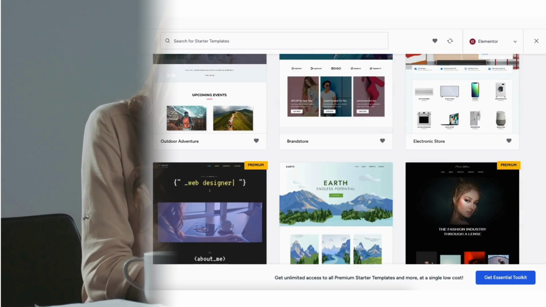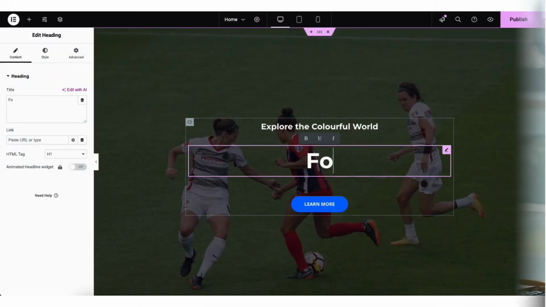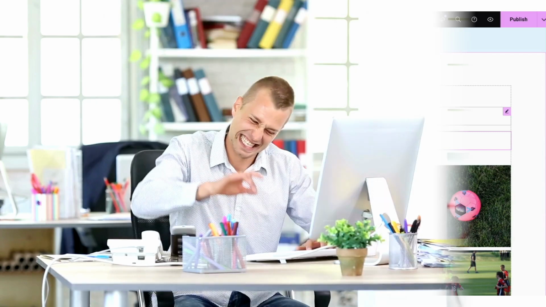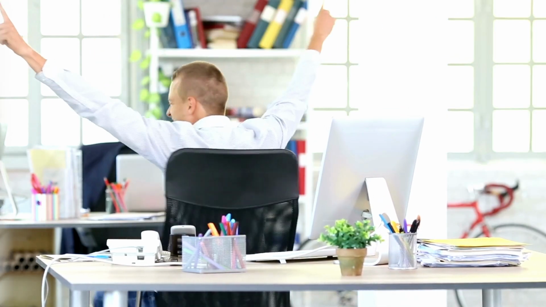You now know how to access pre-made professional templates, how to make a football club website, and making edits to it using the drag and drop editor, Elementor Page Builder. That is my football club website tutorial going over how to create a football club website step by step.